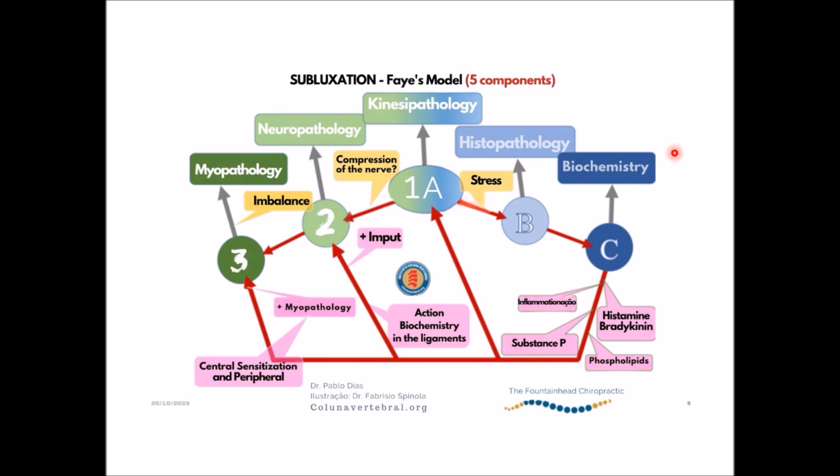This is a complete schema that I adapt using the lens way to think, and the phase model, which is more simple and more didactic, with just five components of subluxation. In this situation we can see well all the possible effects that each component has on the others. We can see here how the biochemistry can affect the myopathology, neuropathology, and also kinesiopathology, releasing a substance that can bring interference and